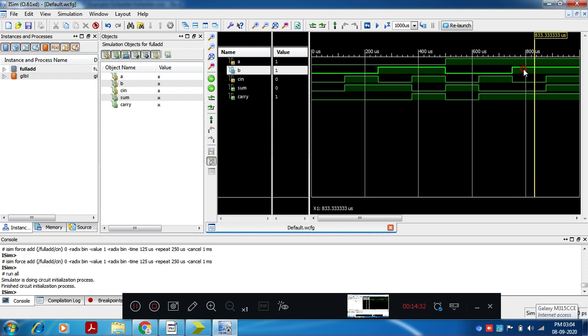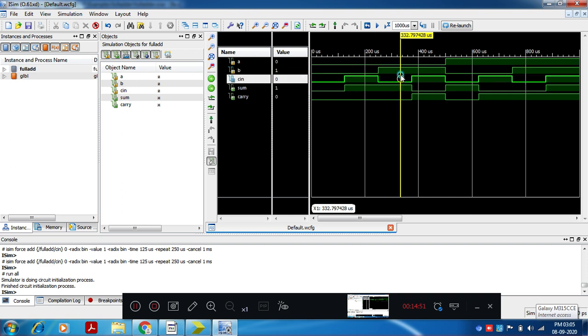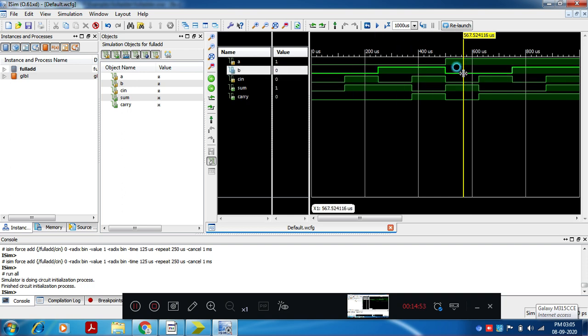Within 1000 microsecond, 2 cycles are appearing. For Cin, half of B, that is 250 microsecond, we have selected. By which all these 8 combinations are readily available. Instead of force constant, we can also work by using the force clock option. All 8 different combinations we can check here.